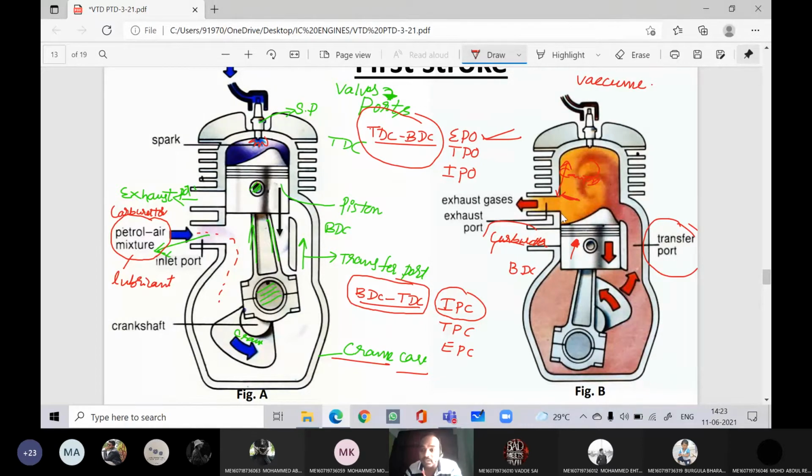The exhaust is started, and within the exhaust, now the transfer port is opened. You can see when the exhaust is started, immediately the transfer port is uncovered, nothing but the transfer port is open, and the air fuel mixture will enter into the engine cylinder. Now this movement of the piston, what will happen? It will compress the air fuel mixture present inside the crankcase. That's the reason I told partial compression of the air fuel mixture will take place within this crankcase.